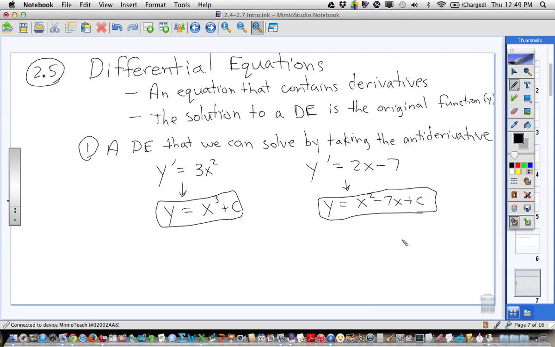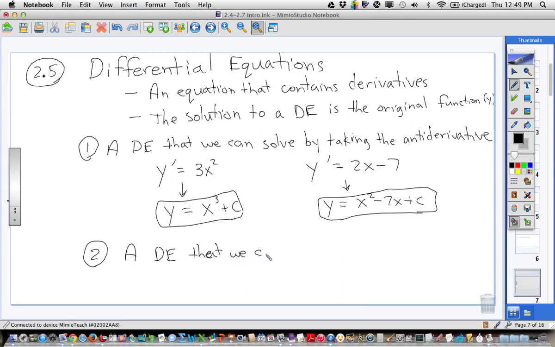Okay, so those are the most simple type of differential equations there are. The ones we can just take the antiderivative to get the solution. All right. The second type we're going to talk about is a differential equation